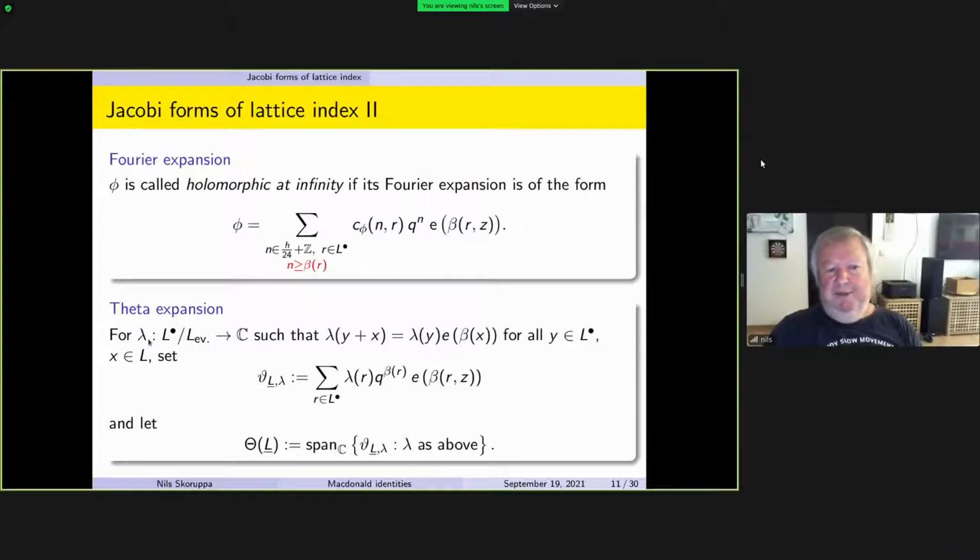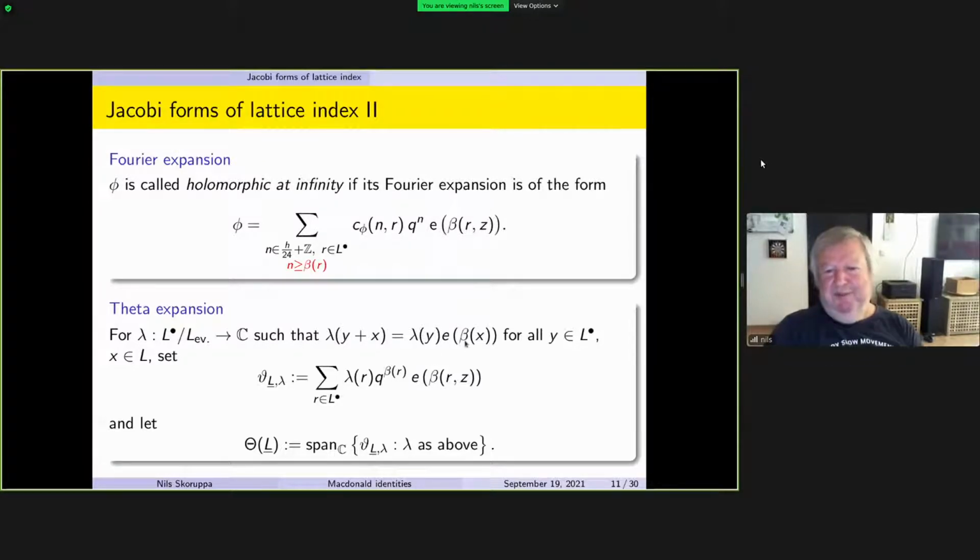And we consider then a map lambda on this finite set to C. And then we can put with this function lambda r what I put here: a theta function, q to the beta r, where r runs in L sharp, the dual lattice, e to the beta rz. So that's obviously something which one calls a theta function. If we have an odd lattice, then again it becomes a bit more complicated. So this lambda is then some map, again, in L dot mod L even, which satisfies a certain condition here,